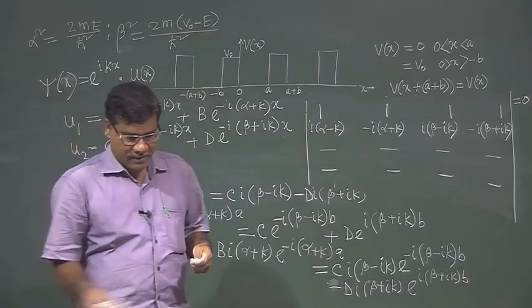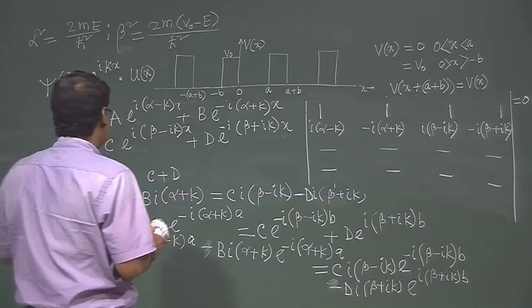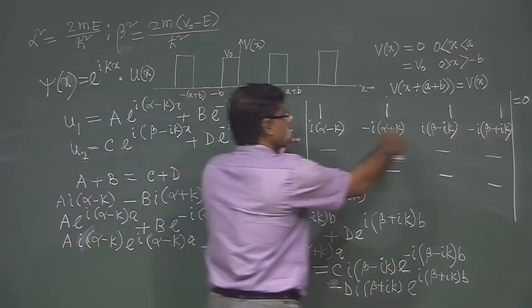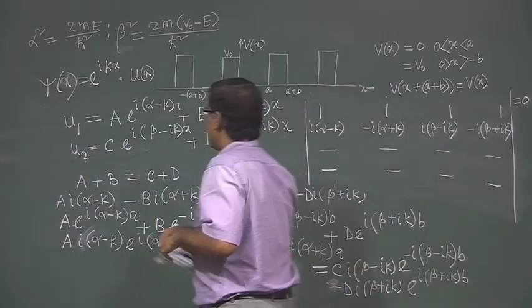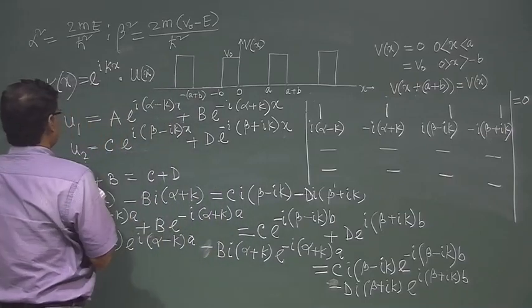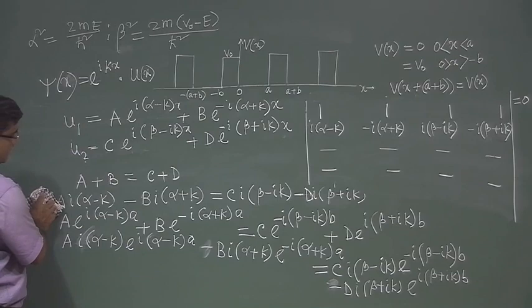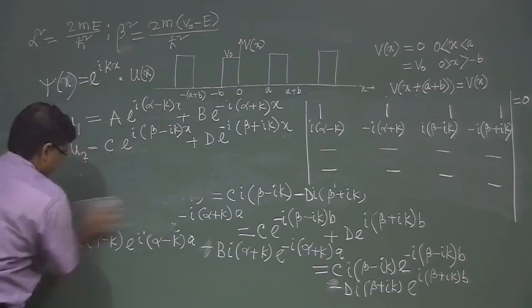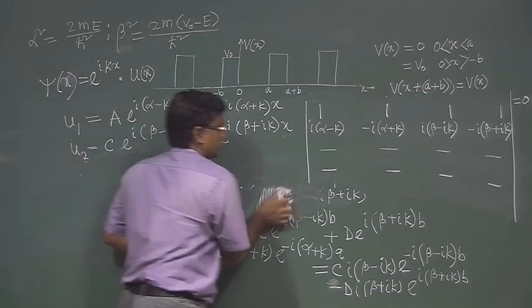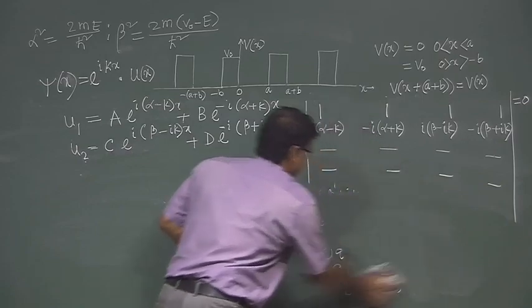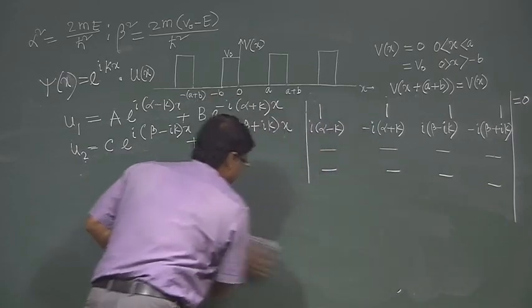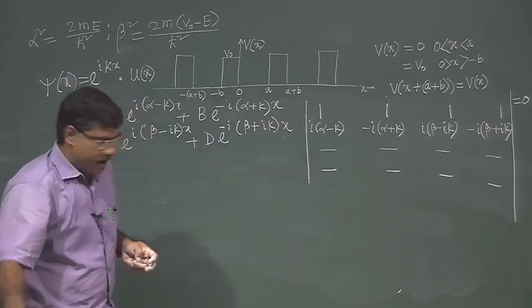So I will just write the result. If this determinant is equal to 0, what will you get? You will get basically, solving this, I will get